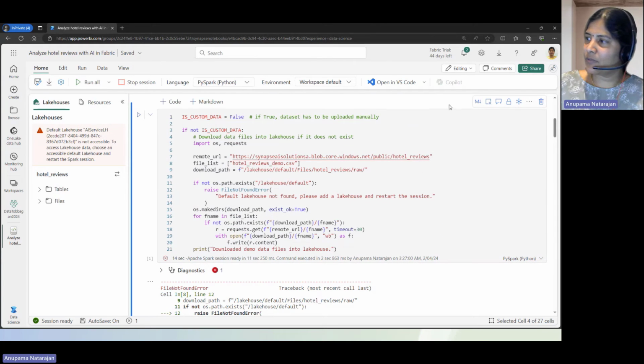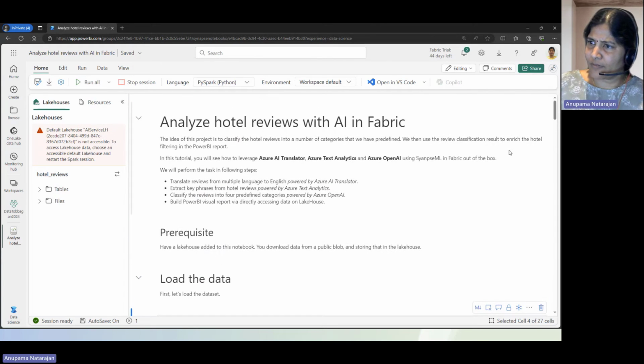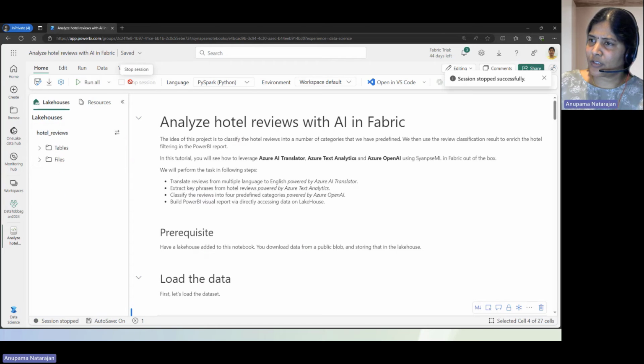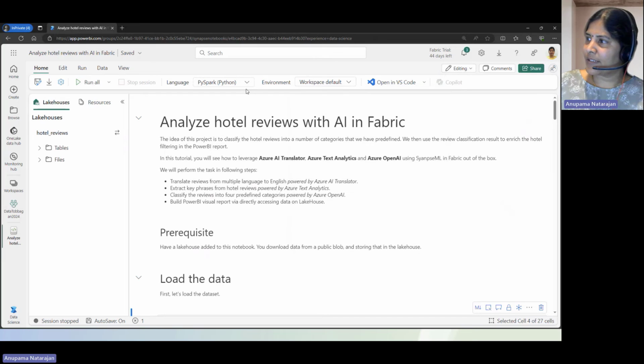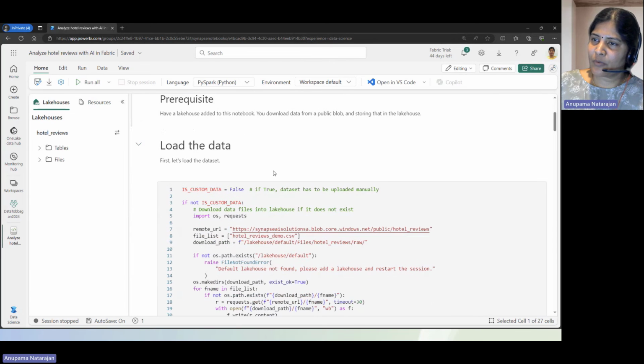What we can do is run this, stop the session, and choose the environment. This is all correct in terms of the environment we are choosing. The language used is Python. So what I'm going to do is probably use my default